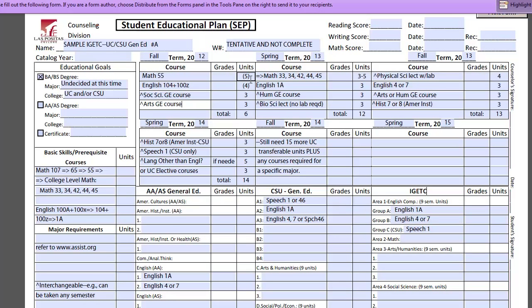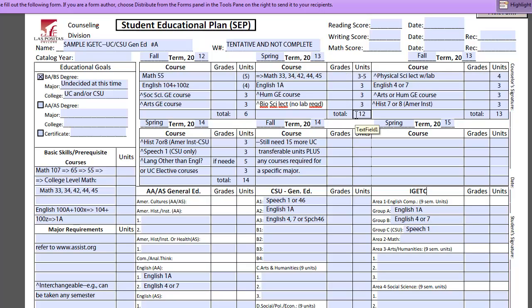Even though the student will be enrolled in a total of 15 units, in actuality only 6 units are transferable at this time because the Math 55 and English 104 are not transferable. The following semester, taking one math course that's college level, acceptable for both UCs and Cal State universities, English 1A, a humanities general education course, and a bioscience lecture with no lab for a minimum of, let's say,